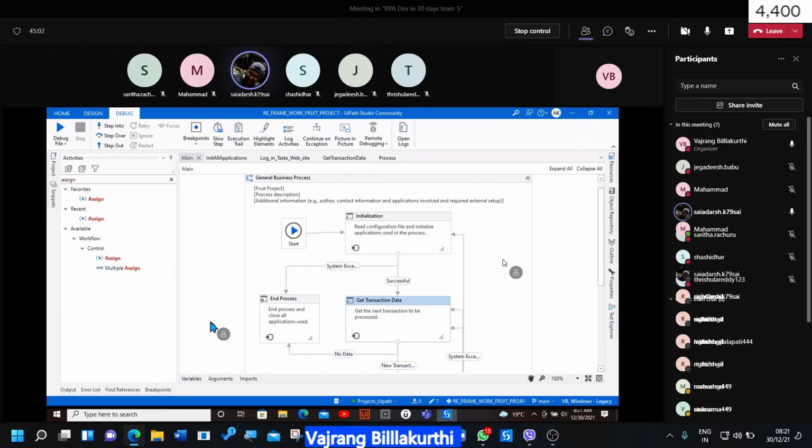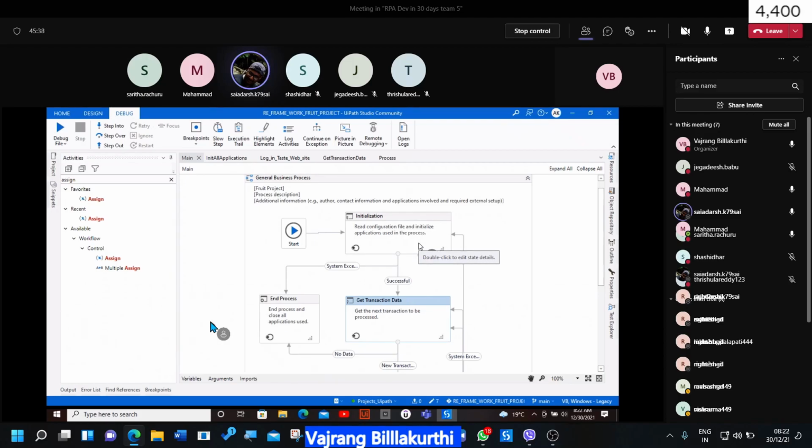I don't know, but I've seen something like Action Center. Why do you need Action Center? See, you can have all the inputs in the Excel, have a dispatcher read all the Excel and add items to the transaction item, and directly get the items here and fetch the details. But we are entering them, right? The user has to enter the fruit name. Instead of entering, he is giving it in an Excel. Instead of waiting for each and every item, he will just give an Excel as input.